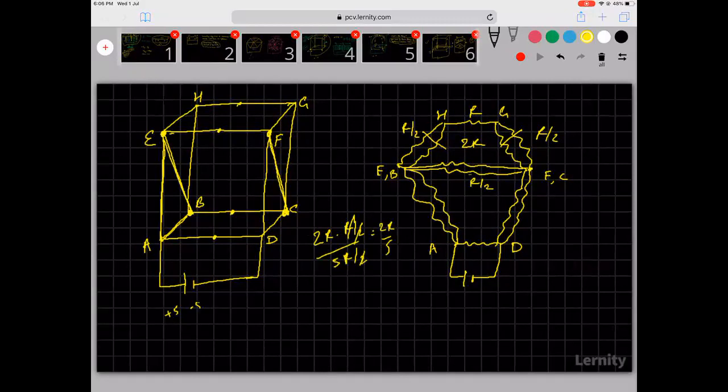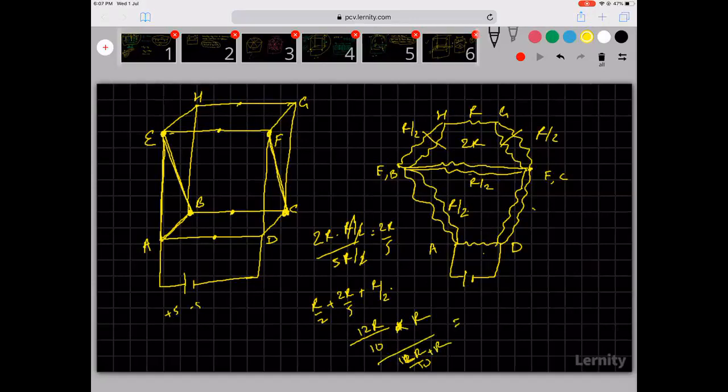Now this is R by 2, plus 2R by 5, plus this one is again R by 2. They are in series. So I can have 10 here. So it will become 12R by 10. Now this R and 12R by 10 are in parallel. So into R divided by 12R by 10 plus R. So now when you work this out, you will get, oh